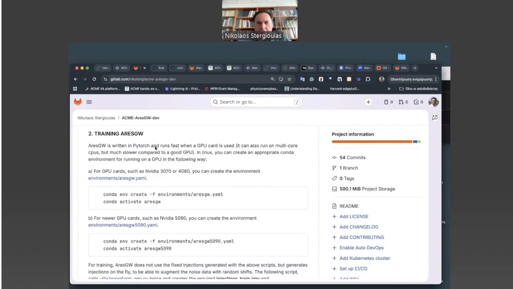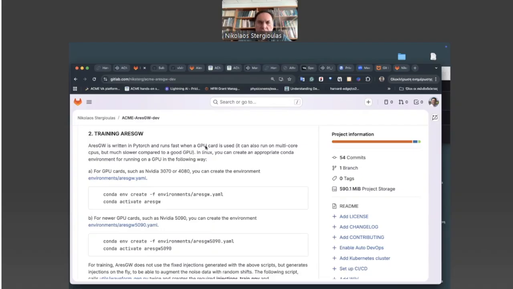AresGW is written in PyTorch, so if you want to run it meaningfully fast, you should use a GPU card. In reality, it can also run on CPUs, especially if you have available 16, 32 or more CPUs. It can run on those, but it will still be slower than if you use a good GPU card.